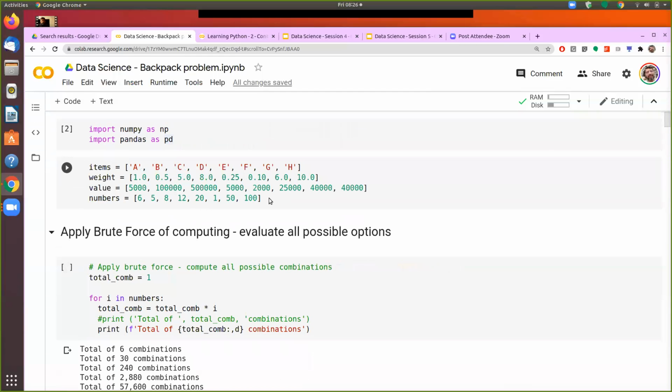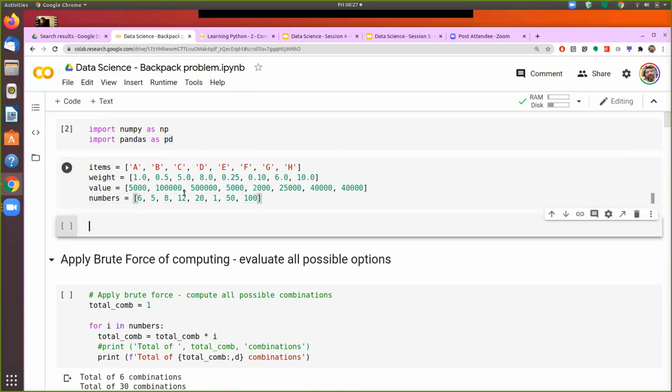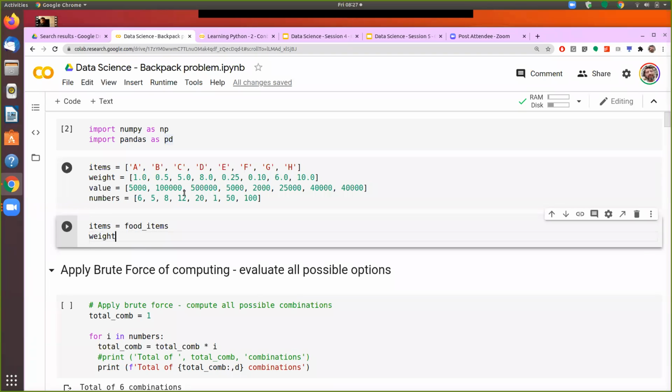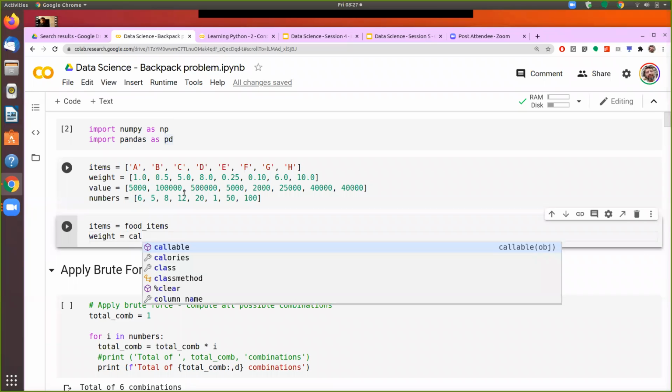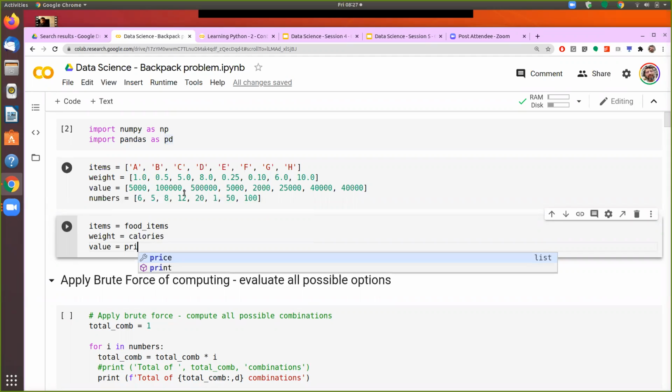So I just override that and I can say items is equal to food items. Weight is equal to calories. Value is equal to price.